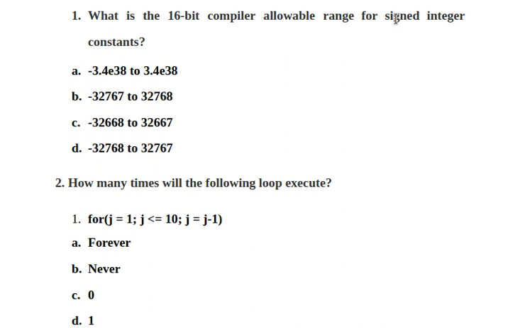If it is a signed integer, you have to take care of this: the value will fall from minus to plus. So if you work out the value, you will get this answer, option D. D is the correct answer. If it was an unsigned integer, the value would be from 0 to 65535. Fine, so let's go to question number 2.